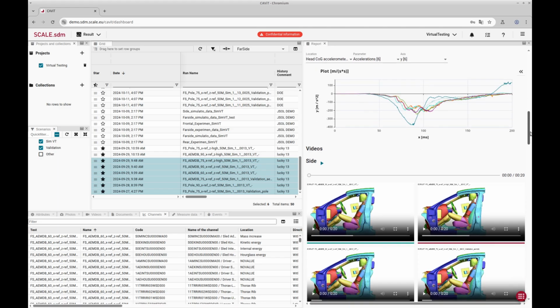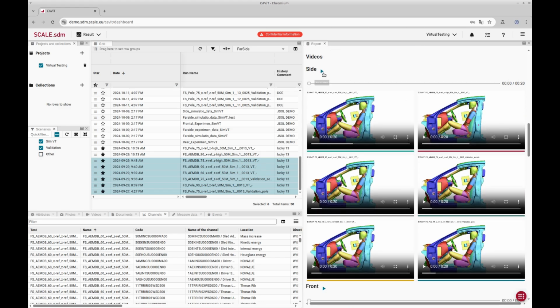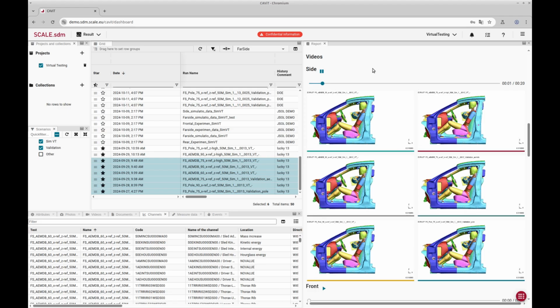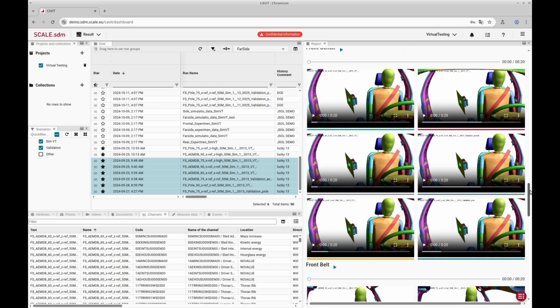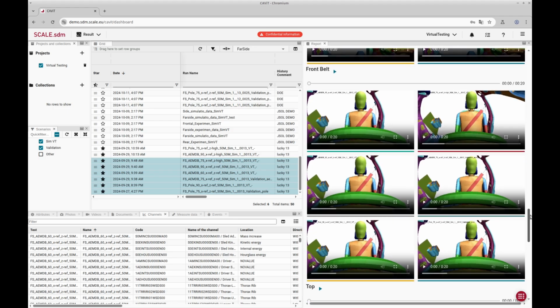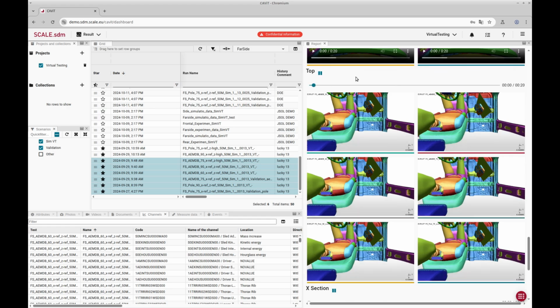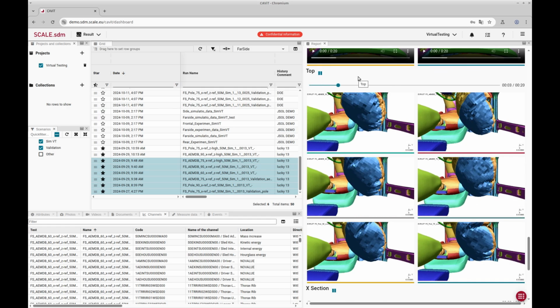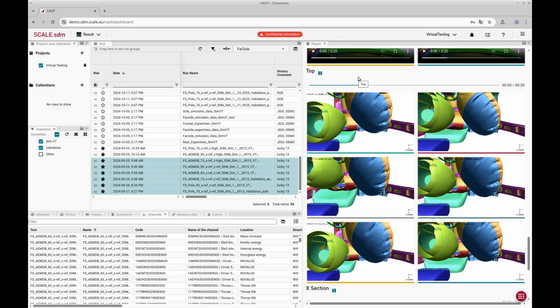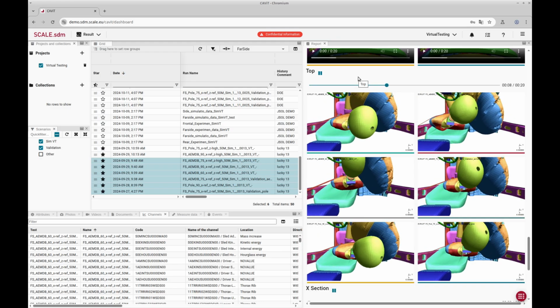And the last part is the part of the mandatory videos, where all of the videos are displayed and can be played simultaneously to also qualitatively check the results of the simulation, or maybe to check why some of the result values are unsatisfactory.